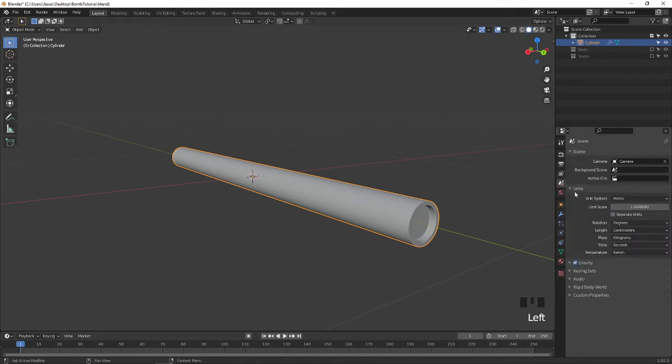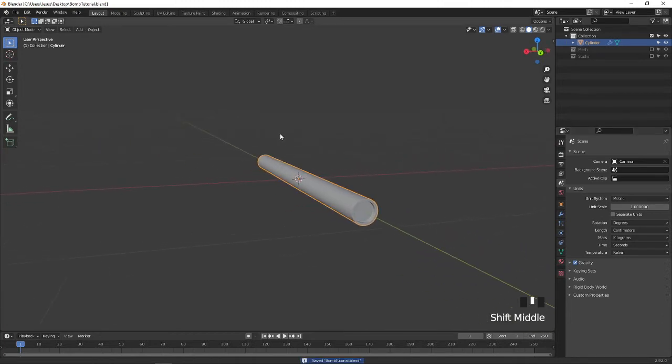Here you can see the unit system, unit scale and rotation, length. Length I have given as centimeters, so it will be there for you as millimeters. You can change it to centimeter, millimeter, or kilometer. However you require, you can change it and do each design.